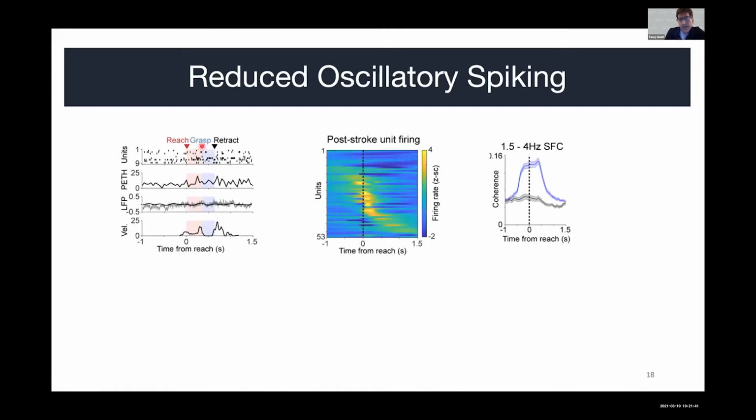And this is again an example trial from one animal. We don't see that nice LFO, low frequency modulation, in the LFPs or its modulation of the neurons. The nice tiling-like activity that we were seeing in healthy rats, we see that barely. Few neurons are active around reaching. So these are 53 neurons across 4 rats. And the spike field coherence also, at a population level, it reduces. So all the parameters that I was showing you previously, they all suffer right after a stroke.